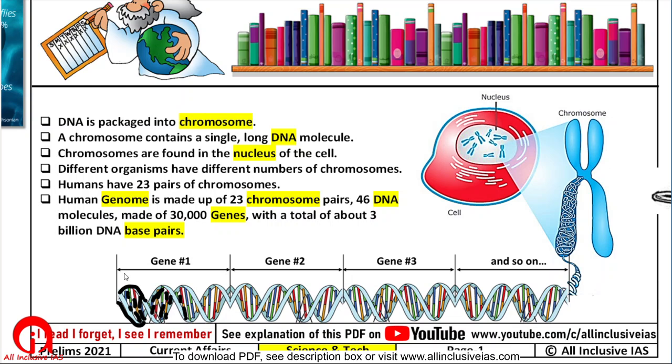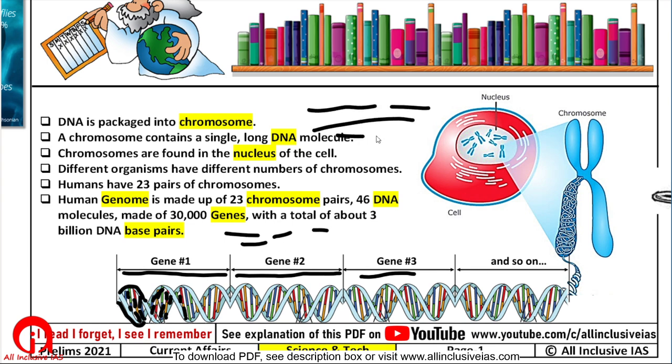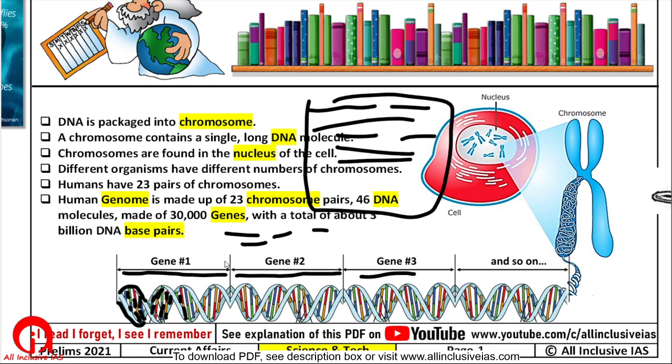Now words combine to form a gene. So this is one gene, or a sentence. Words combine to form a sentence, that is another gene. So genes, just like sentences, combine. This is one sentence, another sentence, another sentence. Sentences combine to form the text on a page. Similarly, genes, one after the other, combine to form a long DNA molecule. You are seeing this all hodgepodge rope. This long cumbersome rope from here till here is actually the text written on a page. That is, it is a single DNA molecule.